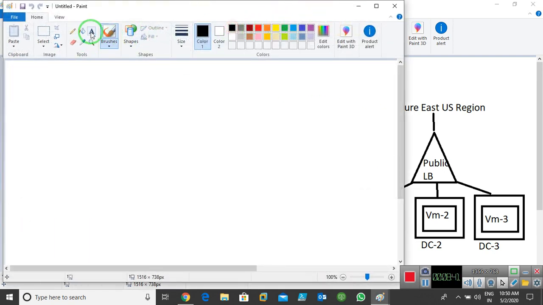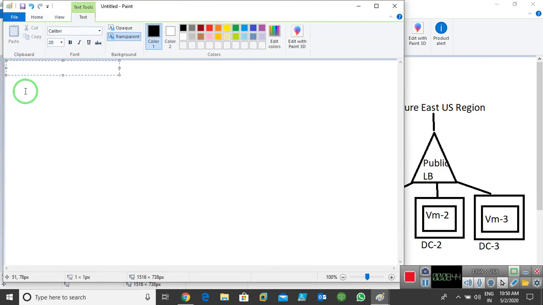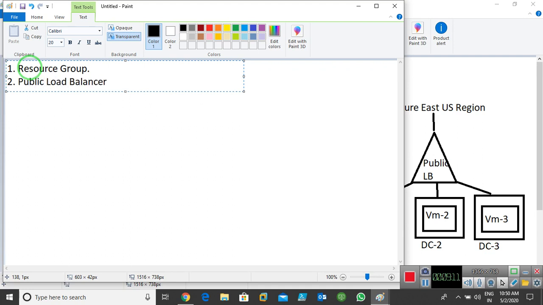Now I'll tell you what the requirements are, or how we can implement this. Number one, we need a resource group. We already know that for everything we create in Azure, we need a resource group. Number two, we are going to create one load balancer, a public load balancer, but this time with zone redundant.